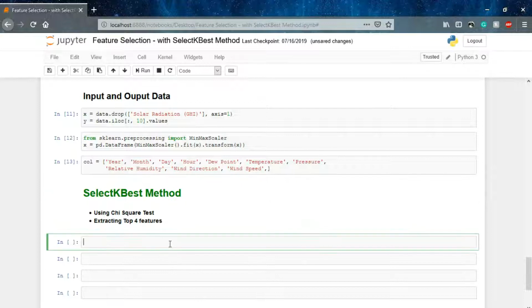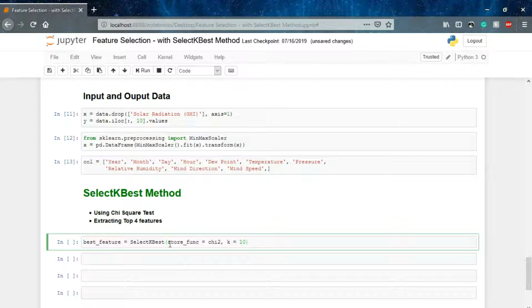So we'll say best feature equals to, the method will choose SelectKBest, and then we have to pass on the data, and then we have to use the metric or the technique that we want. So we want to set how the function scores. So we'll say score function equals to chi-square. That is, we want the chi-square test to apply on the data, and then we want the best 10 features from